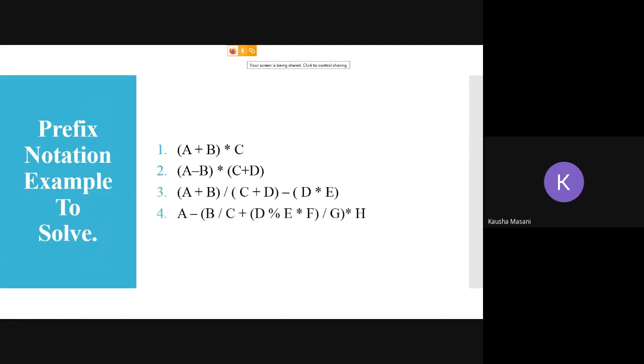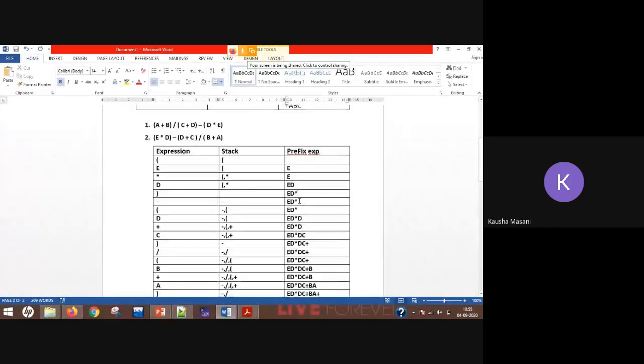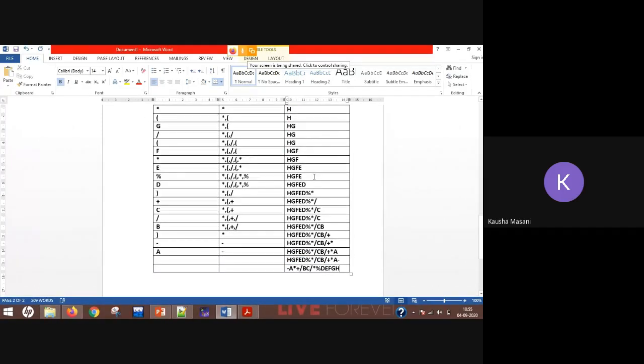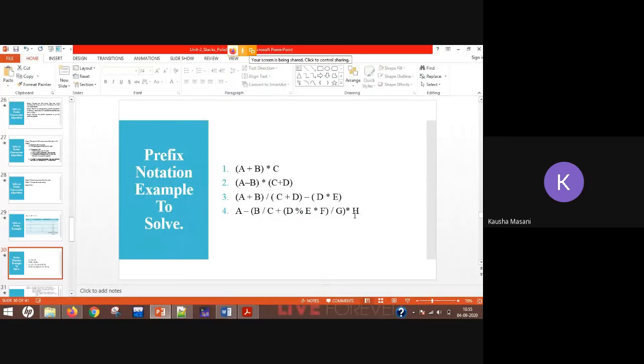The four examples. Please keep these solved examples for your reference, because this Word file, I am not going to upload it. This was just for those students who cannot exactly show me or send me the picture. So on my screen, I tried to demonstrate to the rest of the students and for you also to verify your answer. Okay, this document I am not going to upload it. So please keep the solved examples with you handy, so that whenever you want to refer to them, you can do that.